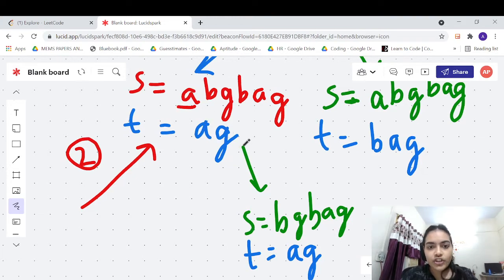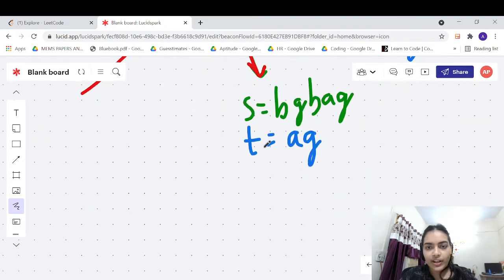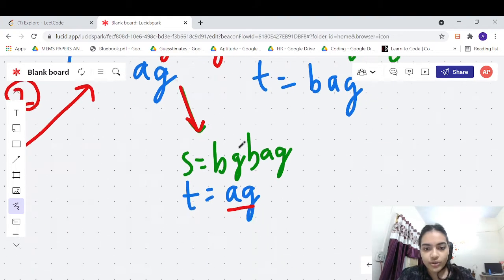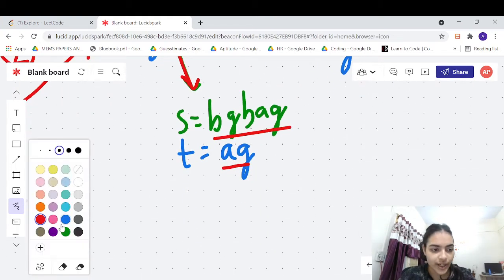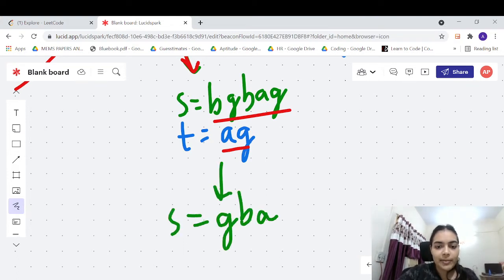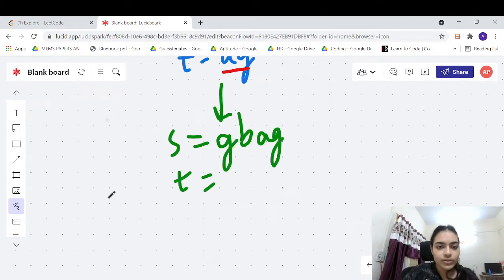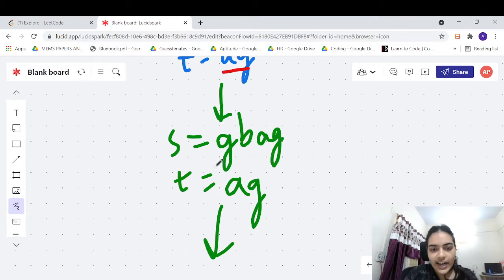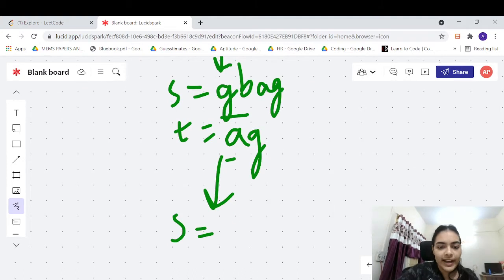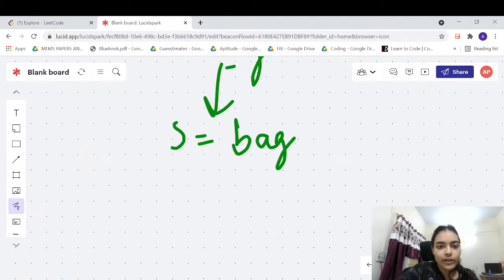But there was another choice, this choice which we still haven't explored, and this choice was you need to still form AG, but you didn't take the first A. So with the remaining string you need to form AG. Okay, so let's try to see in how many ways can it be done. So in this case, first two characters don't match, right? So you just have one choice to make. You just have one choice. With the remaining characters you will try to make AG. Okay, again in this case G and A don't match, so you have only one choice, right? The one choice is you move ahead. With the remaining characters you try to make AG.